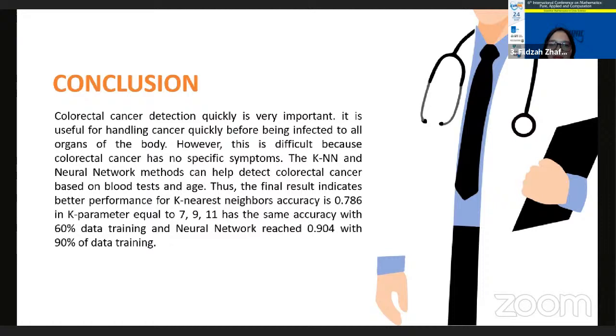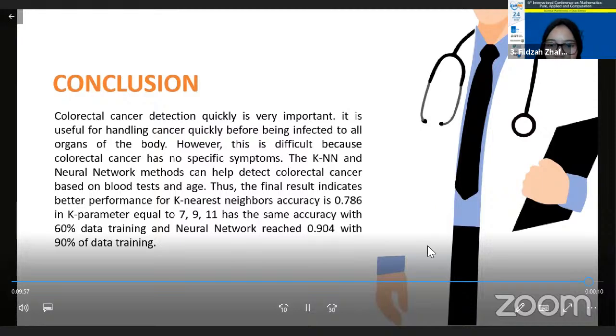Thus, the final result indicates better performance, with KNN accuracy of 0.786 at K equal to 7, 9, and 11 with 60% training data, and the neural network reached 0.904 with 90% training data. This is our